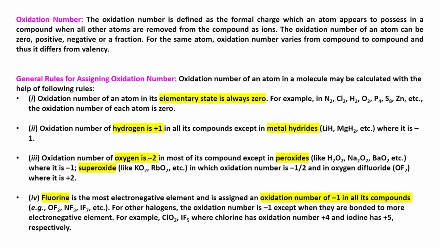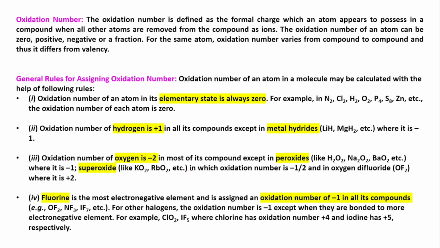Now, a special case regarding oxygen. We all know it is usually -2, but oxygen in the form of oxide is -2. In the form of peroxide, it is -1. And when it is superoxide, it is minus half. Like oxides, we all know Na2O or MgO. In these cases, the oxygen charge is -2, and whenever it is present in peroxides, like H2O2, Na2O2, BaO2, the charge on oxygen is -1, whereas in superoxides, KO2, RbO2, it is minus half.